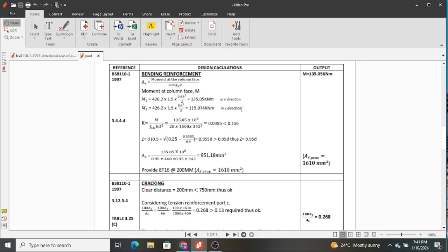From the edge of the footing to the edge of the column, in that direction. And for this we have also obtained the moment in the y direction. This is 0.6 because we are considering the 0.3 meter side of the column. So we use these two to obtain these moments, and we take the larger value, and that is what we're